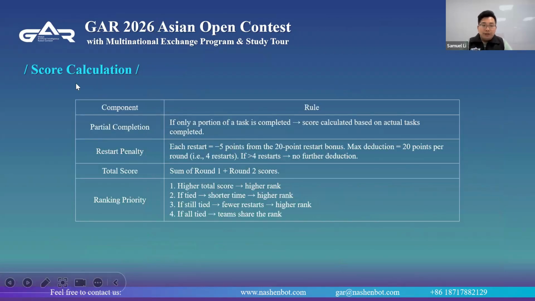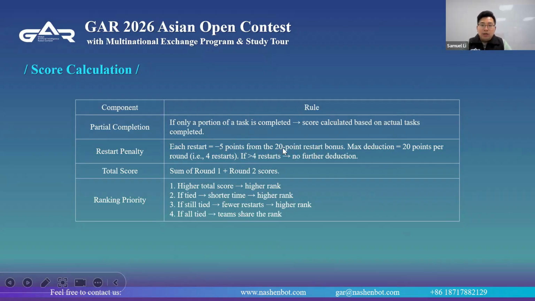Scoring calculation. Partial completion: if only a portion of a task is completed, the score is calculated based on the actual task completed. If you finish, for example, 5 tasks, then add these 5 task points together. Restart: as I said before, each restart deducts 5 points.